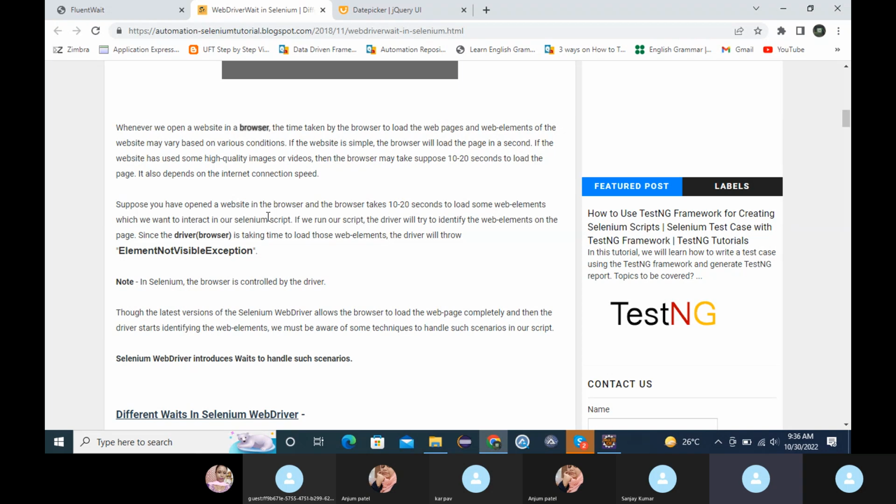Like when you open any application and immediately, in the next line, you are trying to find an element and you want to click on that. So Selenium will not wait. This is a concept like Selenium will not wait for the entire page to load and then try to find the element and then click. Once the URL is open, then immediately,